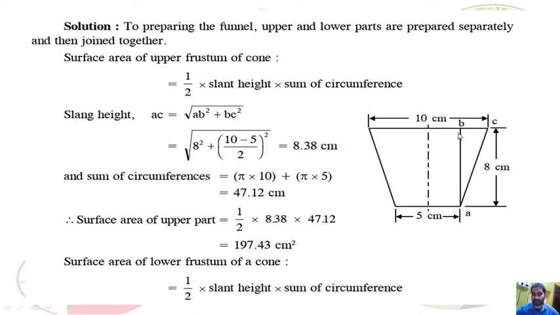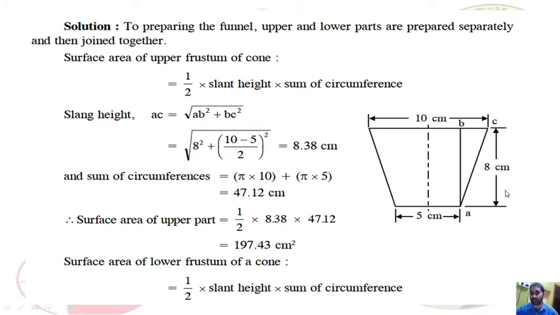So we know AB, how to get the length of BC? We know that the total length of this is 10 centimeter, and here it is 5 centimeter. That means this length is 10 minus 5 divided by 2, because we have two parts here. So 10 minus 5 is 5, divided by 2 is 2.5. That is, the length of BC is 2.5, and here also it is 2.5 and the middle one is 5. So BC is 2.5 centimeter.